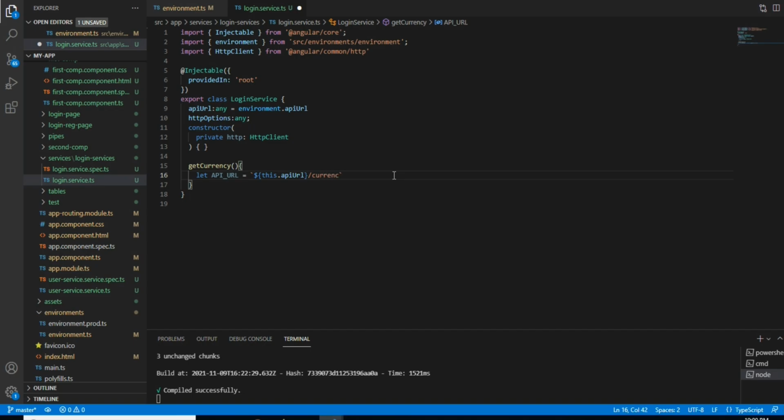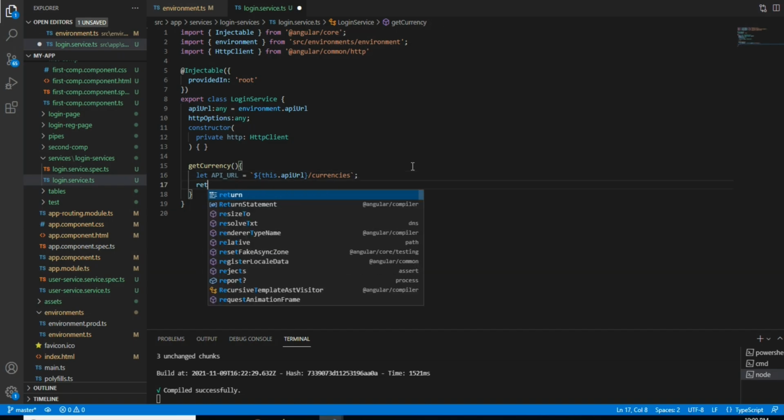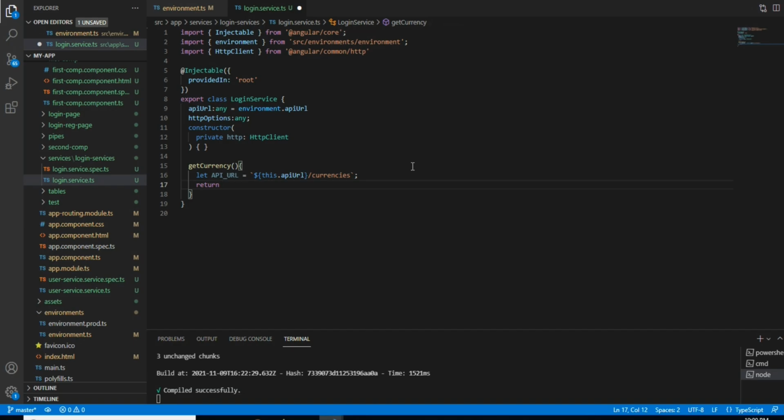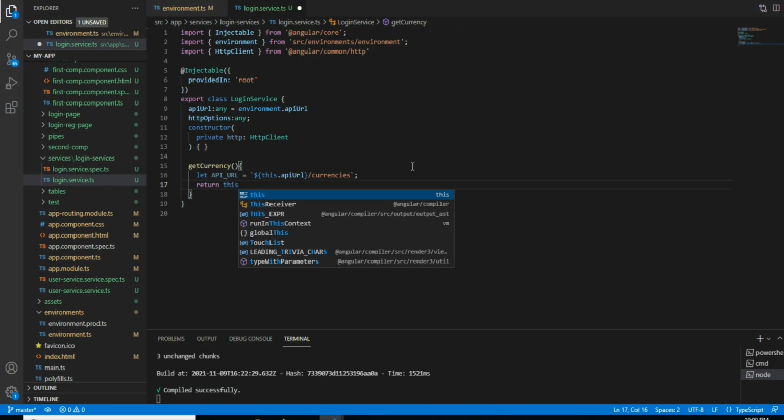Yes, this is the API and the URL of the API. Later we need to return, we will write this dot HTTP dot get method.